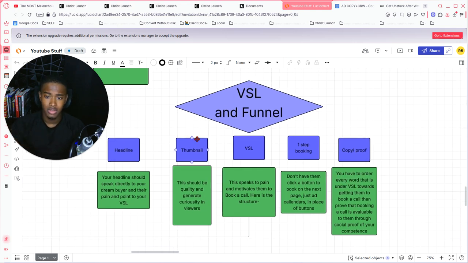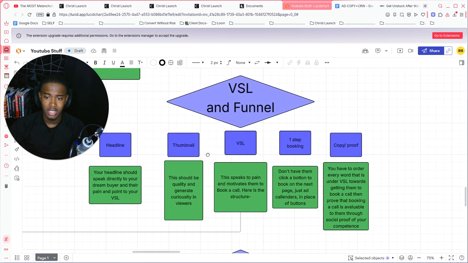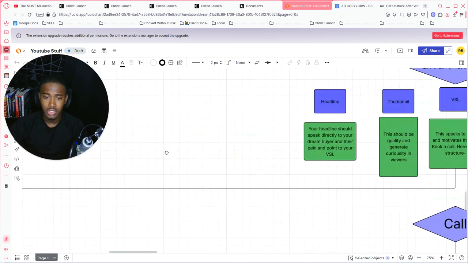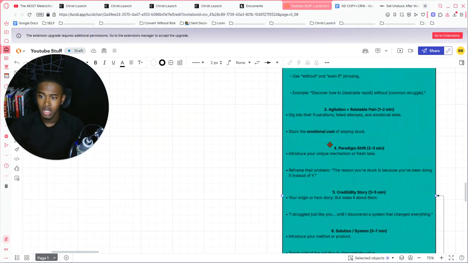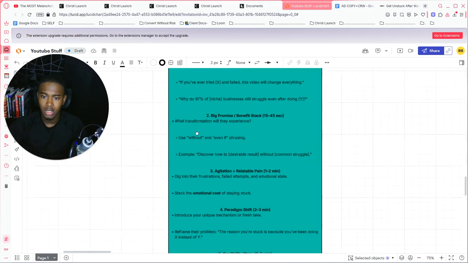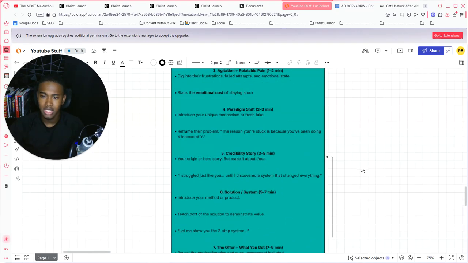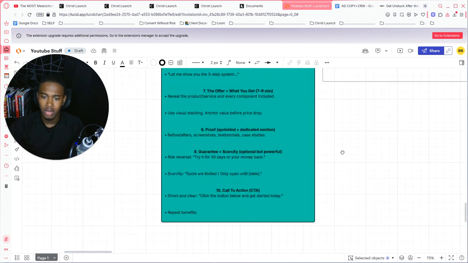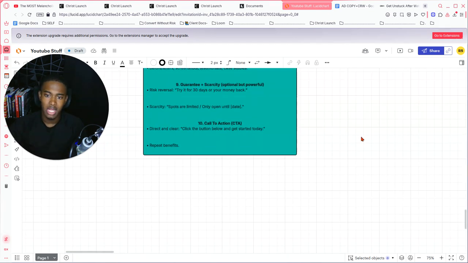Now, the next thing is a thumbnail. This should be quality, and it should generate curiosity in viewers. Now, the VSL, this speaks to the pain and motivates them to book a call. Here's the structure that I use. It's a proven structure. So you see: hook, big promise, agitation, paradigm shift, credibility story, solutions, the offer, proof, guarantee, call